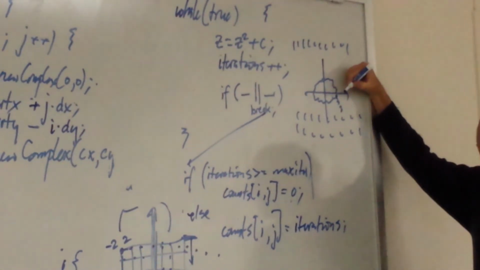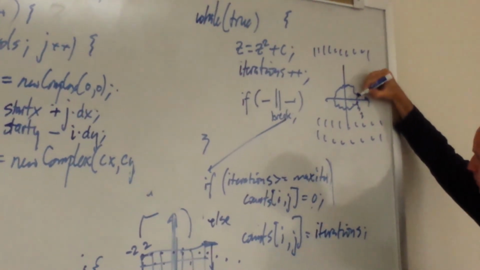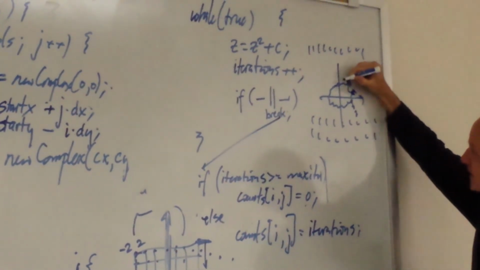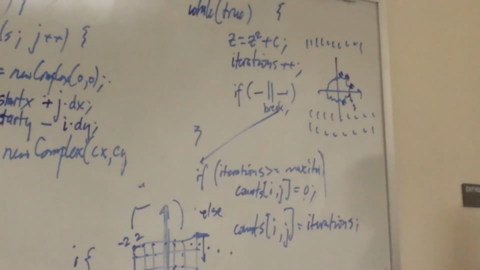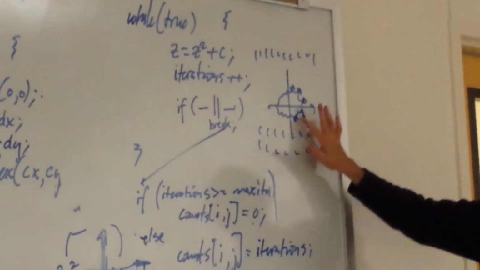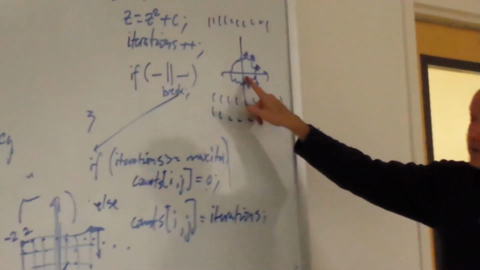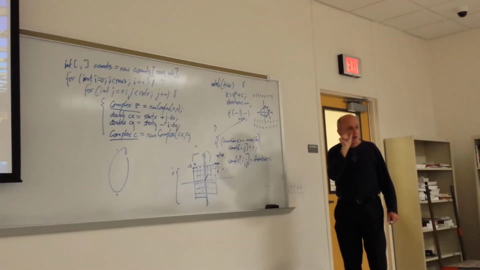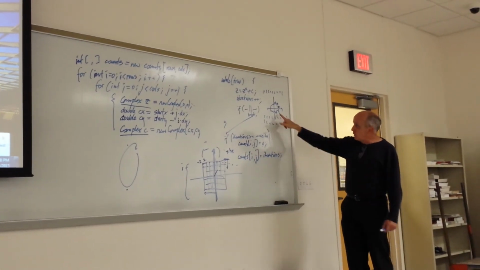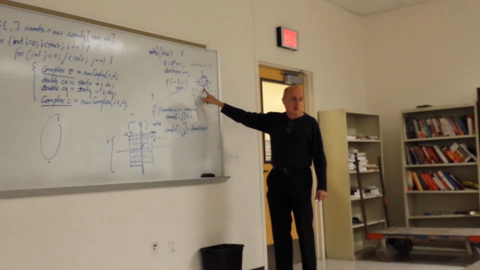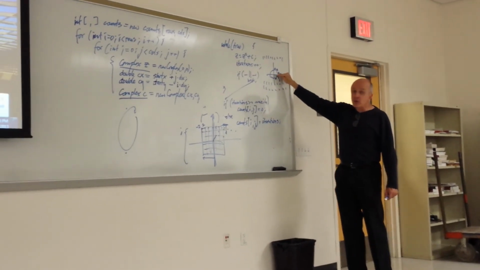So if max count is 100, if you zoom in enough here, what you're going to find is there's going to be a lot of counts that are like 99s. Very large numbers right around the boundary. So what that's telling you is whatever is going on there, it's very subtle. The difference between being in the set and being out of the set, you've got to be very careful to tell the difference between them. In fact, you might have to increase the max iteration count to distinguish correctly